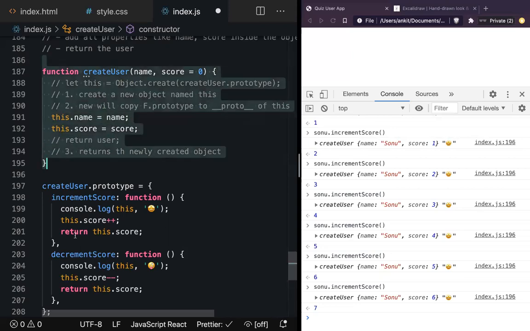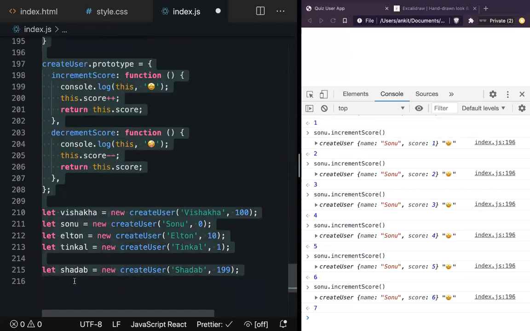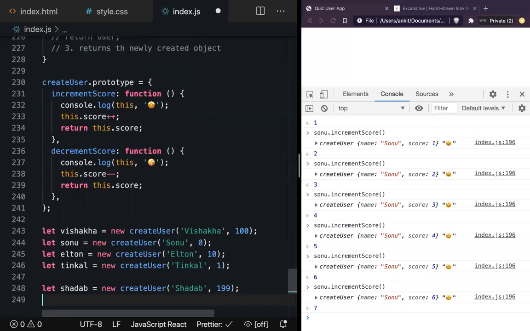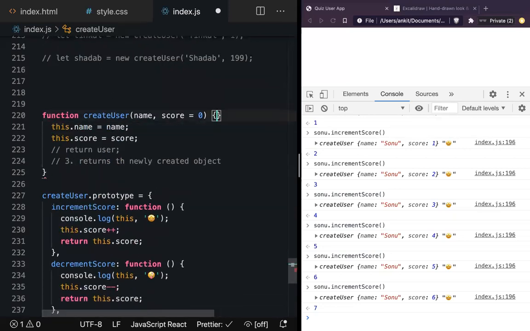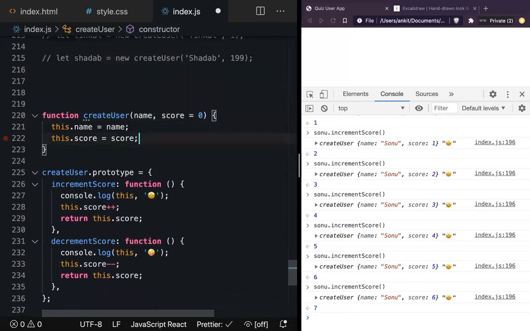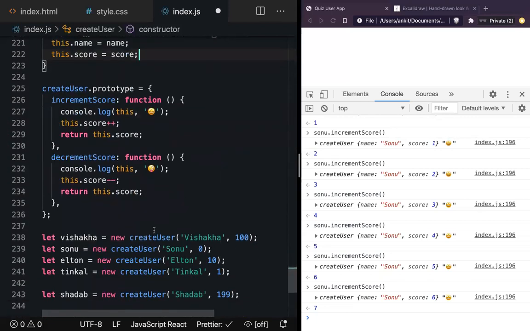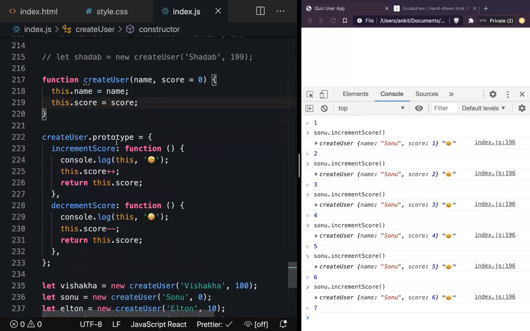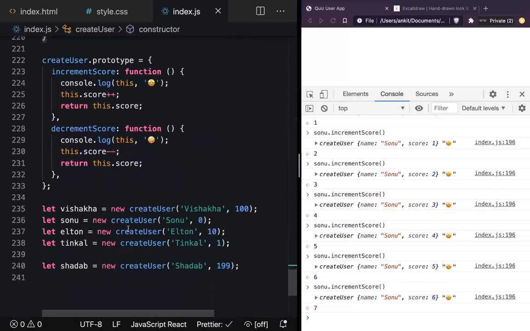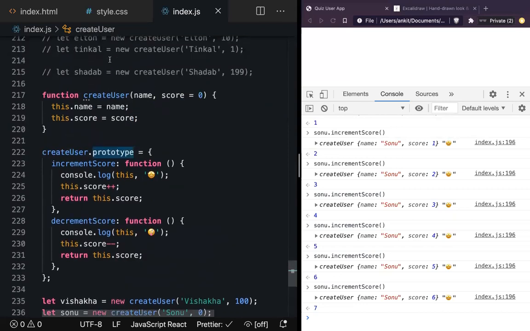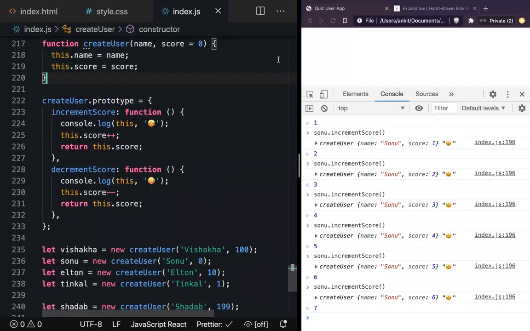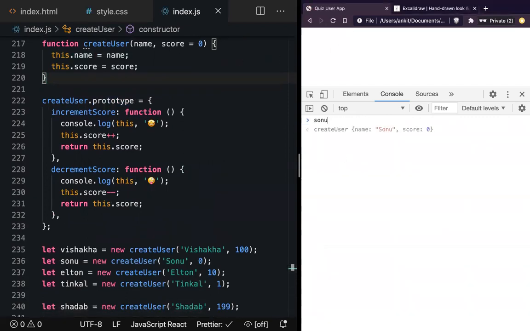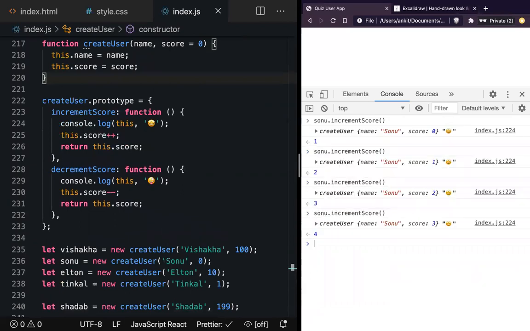So if we take this code and comment it out and go next to this, and I remove all these lines, now you see your classes, it will look something like this. I'll remove this line also and save it. And instead of doing all those things that we had to remember, we are just using the new keyword, because we know that the method is always going to be inside the prototype of the function. I have to put it and I have to return it. So this is what new keyword does. Refresh it and you want to check it, it will work exactly the same as it was working.